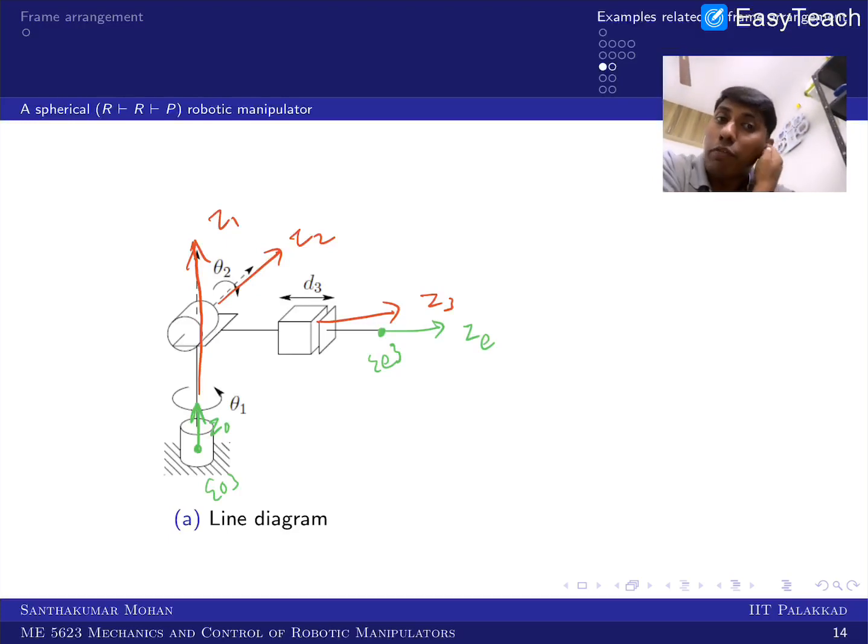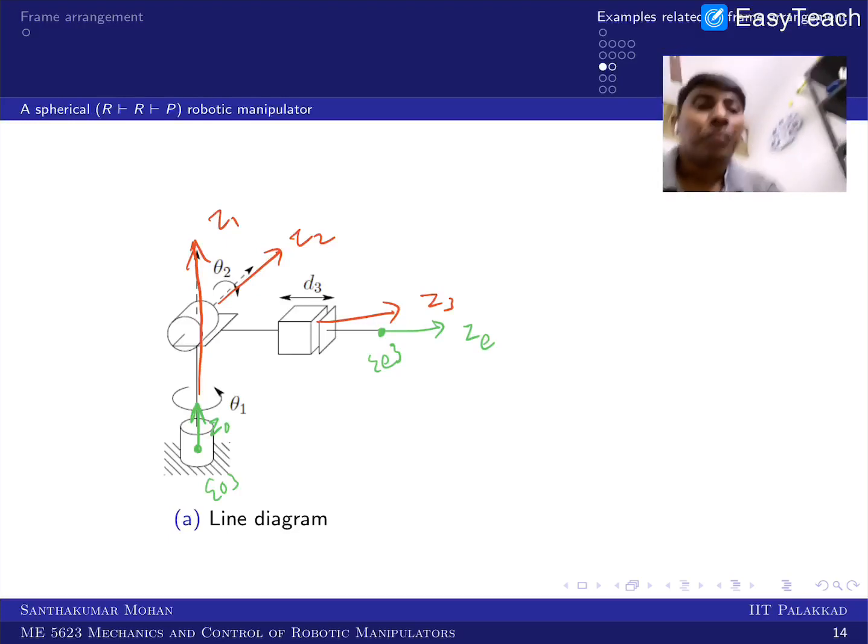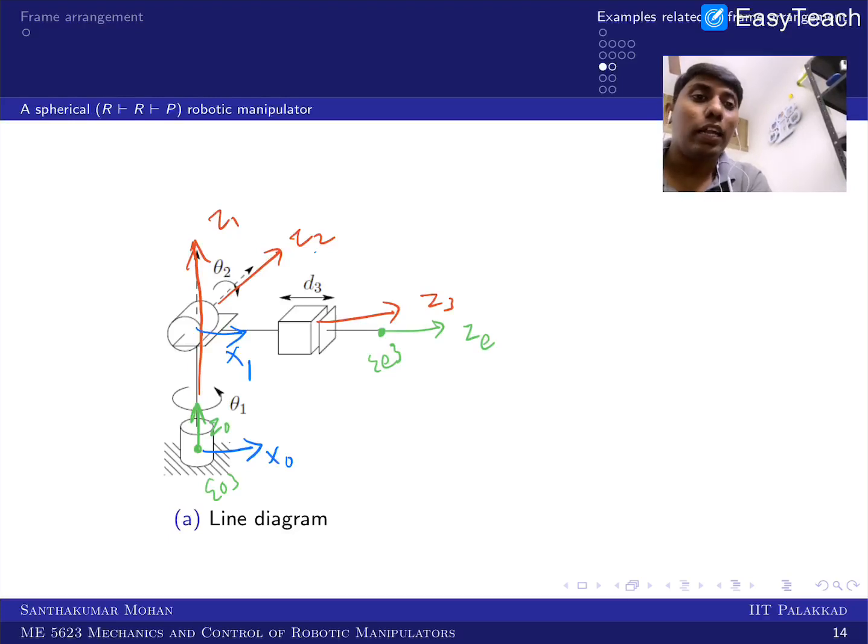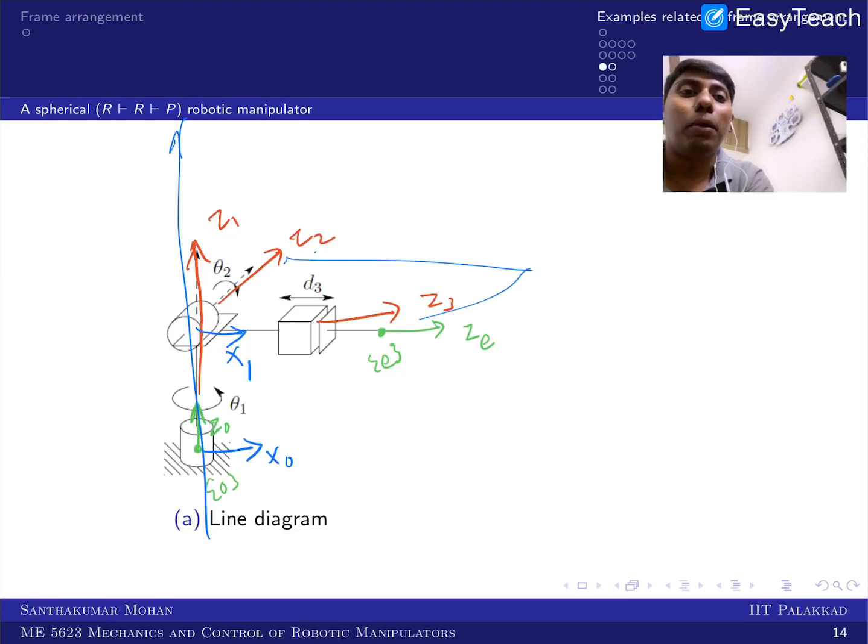The x-axis you can find with respect to z0 and z1. Since these two are parallel, I can take x0 parallel, and z1 and z2 are intersecting, and the normal to that is your x1 in the progressing direction. You can see z2 and z3 are not parallel but intersecting, and the plane containing z2 and z3 is this. Then the axis is supposed to be vertically up or down, so I'm taking x2 as going like this. Since this is the case, I can even get this point as the third frame, and this I can take as x3. Okay, so like that you can do, and you can get it.